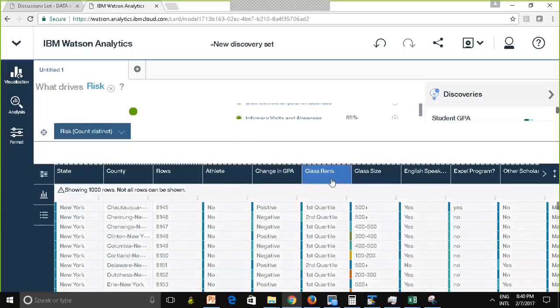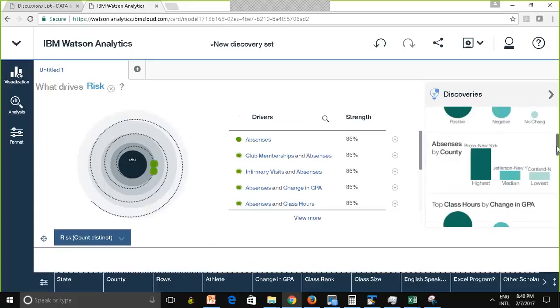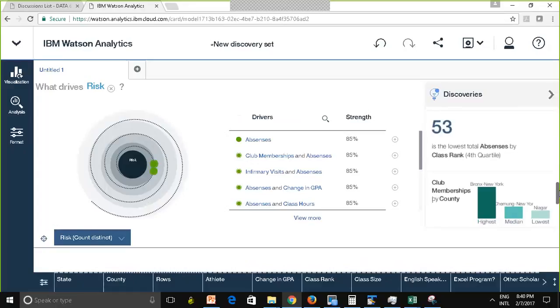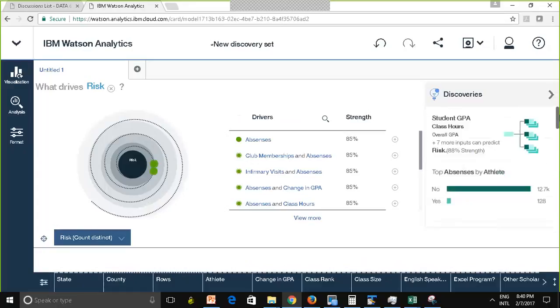Like, for example, I can filter out the state. I can filter out certain class rank, right? So I can do that. Now, what is over here on the right-hand side? Watson Analytics just decided that I might be interested in this. I might be interested to look at the number of absences by gender, perhaps. Or I want to look at the club membership by country. Well, it's just a set of the suggested visual discoveries. It's dynamic. Based on what I have currently open, Watson Analytics is trying to determine what else I might